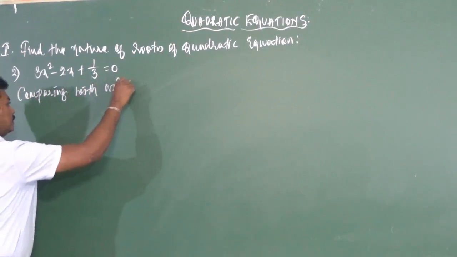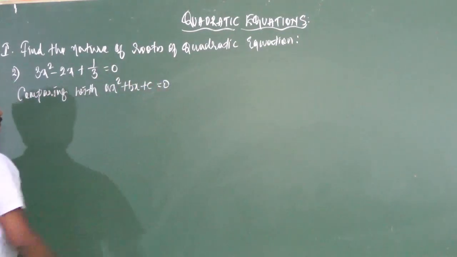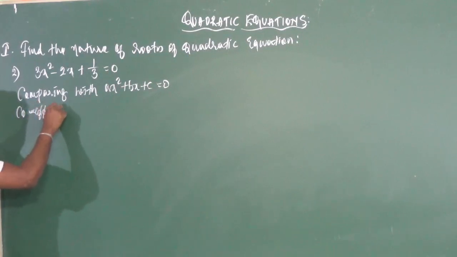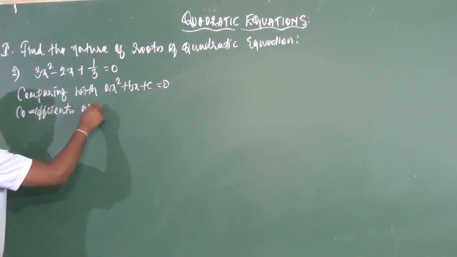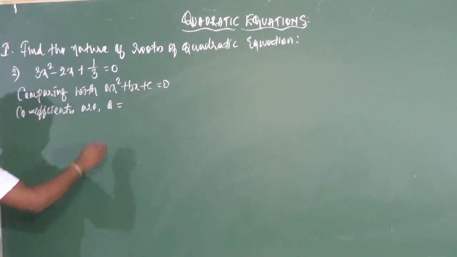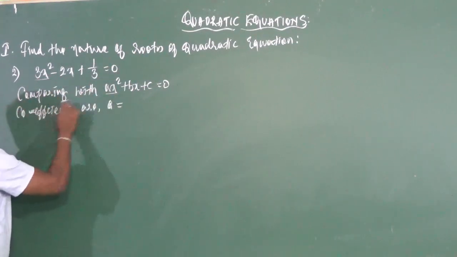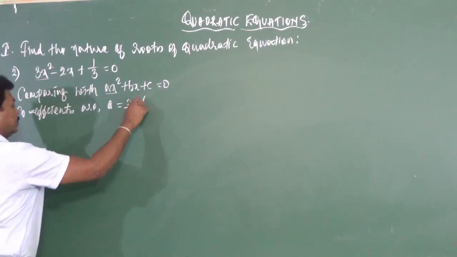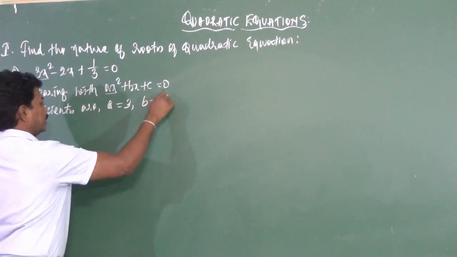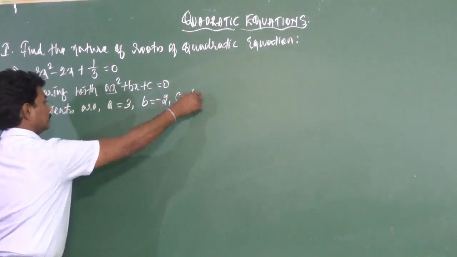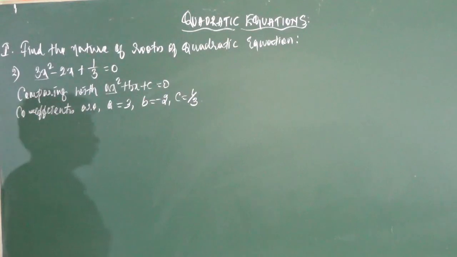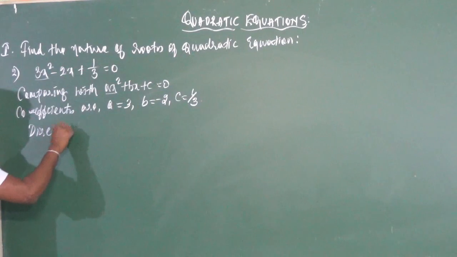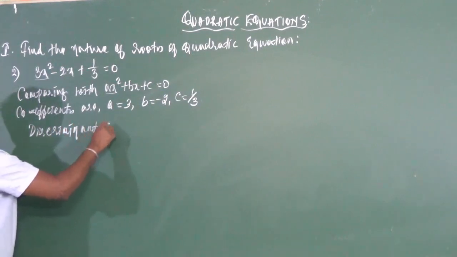So comparing with ax square plus bx plus c is equal to 0, the coefficients are: a is equal to 3, since ax square represents 3x square. So a is equal to 3, then b is equal to minus 2, and c is equal to 1 by 3. So now the discriminant is given by